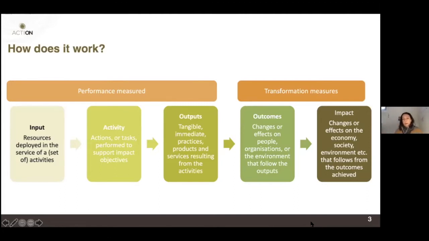Of course, to be very transparent and honest, normally impacts happen after the end of a project, after the end of the pilot, and can happen also 3 to 5 years after that. It can, in some cases, even take longer. For